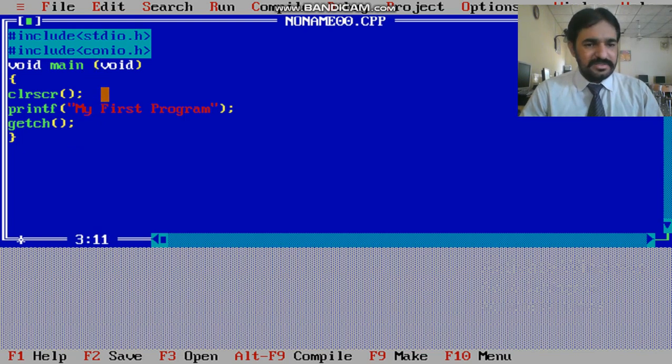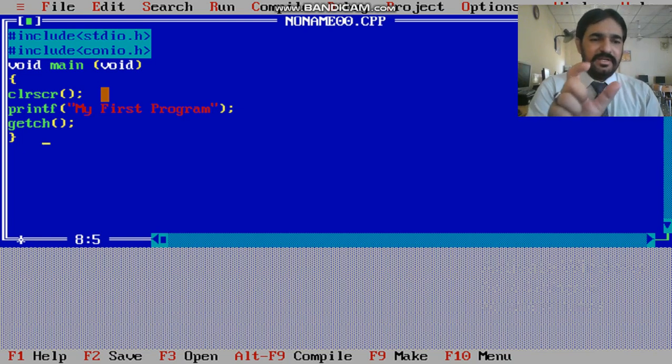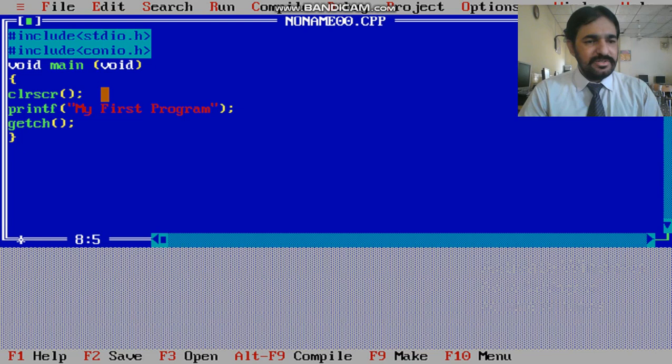Moving right, you may see the character numbers change, 11, 12, 13, 14, and line numbers 4, 5, 6, 7. This is important because when you run your program and find an error, the message contains your line number. On this line number you have an error, that's why they show the line number.